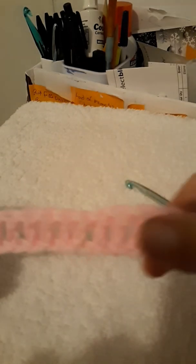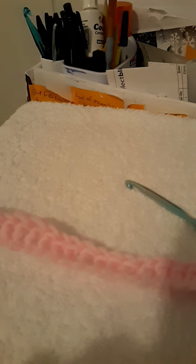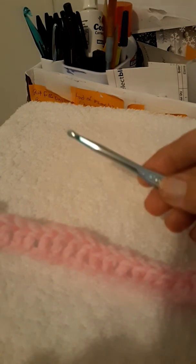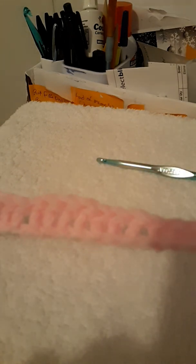Hello, I just want to show you how to crochet a rose. The easiest way I know how to do it anyway. I know other people may have different ways of doing them, but this is the easiest way I've found. Anyhow, this is a 6mm crochet hook, by the way, that I used to crochet this, and I chained 60,